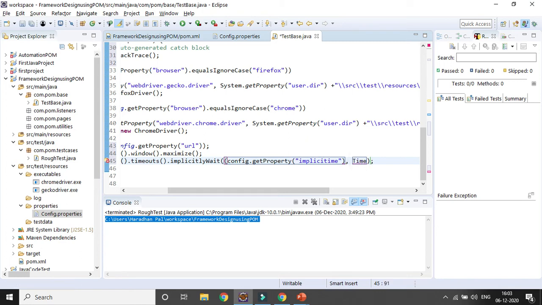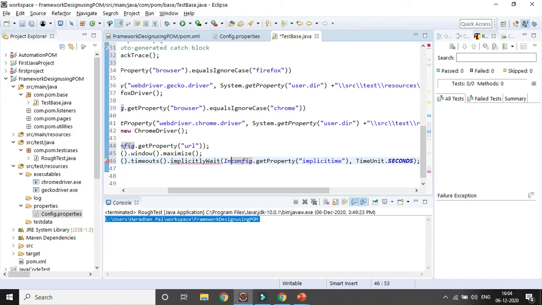The error message is still there, so I need to convert the variable to integer.